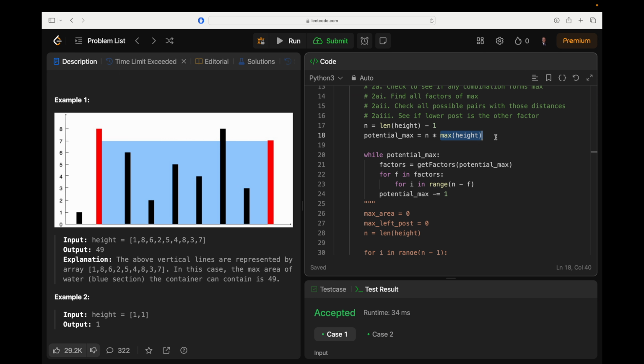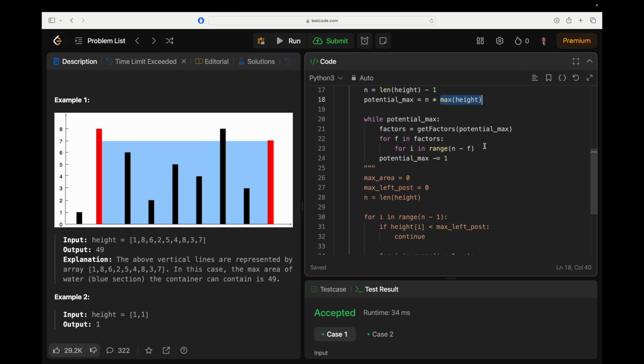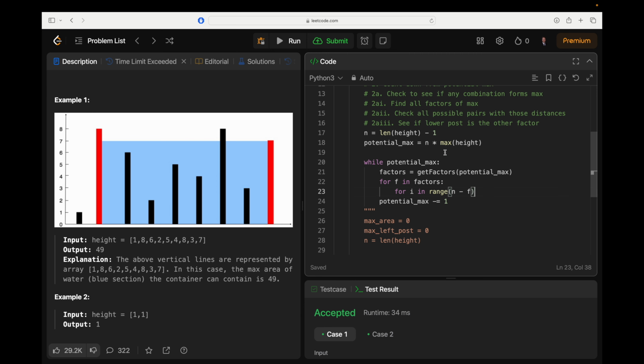So I'm just going to keep building this and see what happens. Probably is not going to work. Oh wow, this is really defeating me mentally. For i in range n minus f. Okay, n. I'm just going to keep that. For i in range n minus f. So if a factor